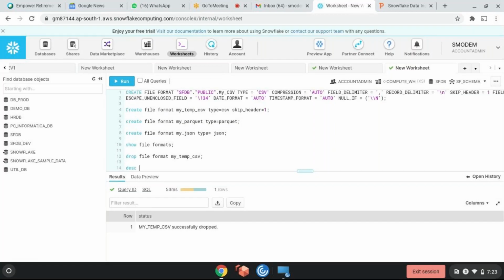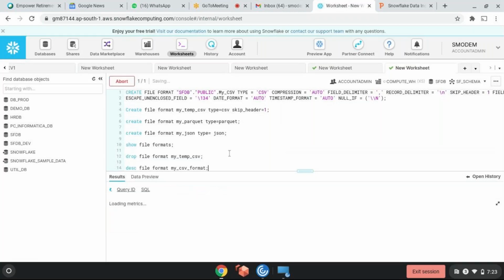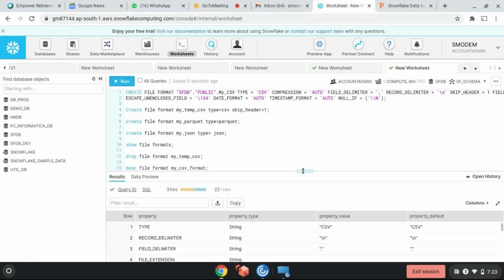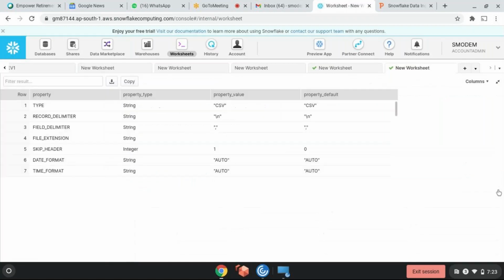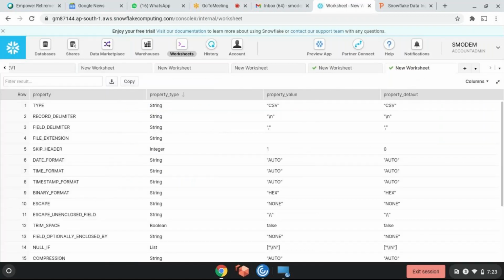So describe file format my CSV format. Same thing here, because this is a first class object and you can describe that. If you describe this, there are some default values. When you say create file format, type is equal to CSV, these are the default values. Type is equal to CSV, record delimiter backslash n, field delimiter comma, file extension. If you want a separate file extension for a tab also, you can have dot tab, dot pipe. If you have a separate file extension for the CSV file also,